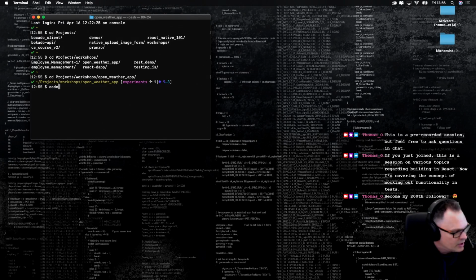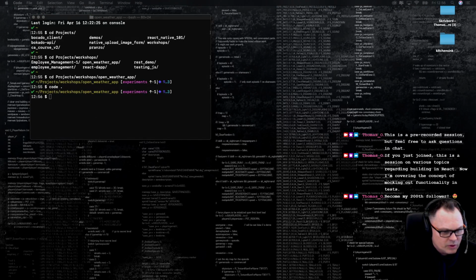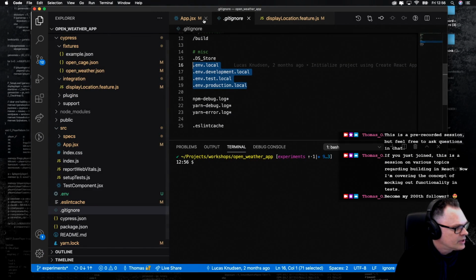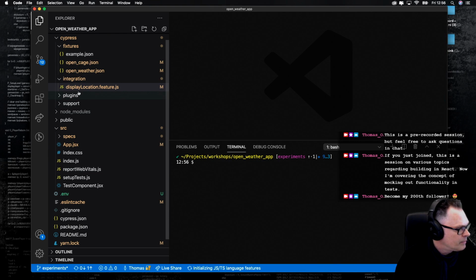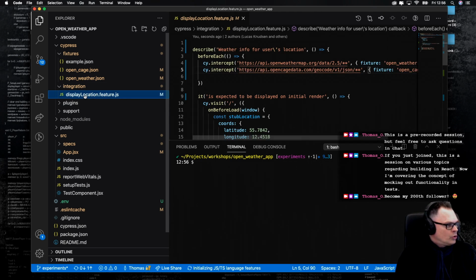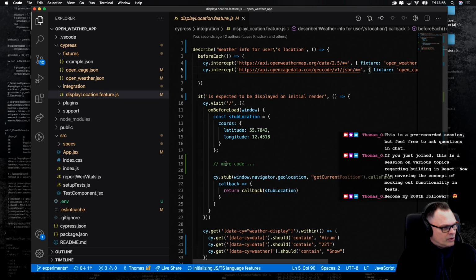Let's pop this open in our editor like this. Perhaps I need to get rid of the .env tests file. Right, so let's close these for now. So in this particular use case, we have some integration tests or acceptance tests, which are written in